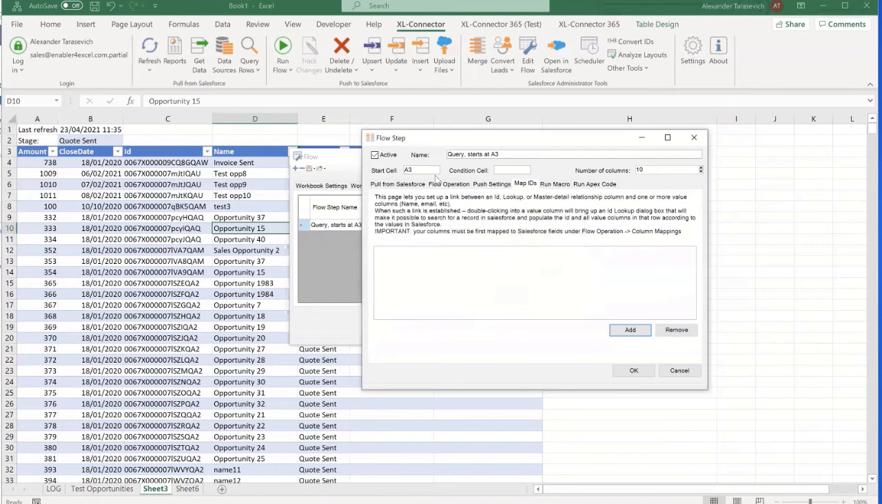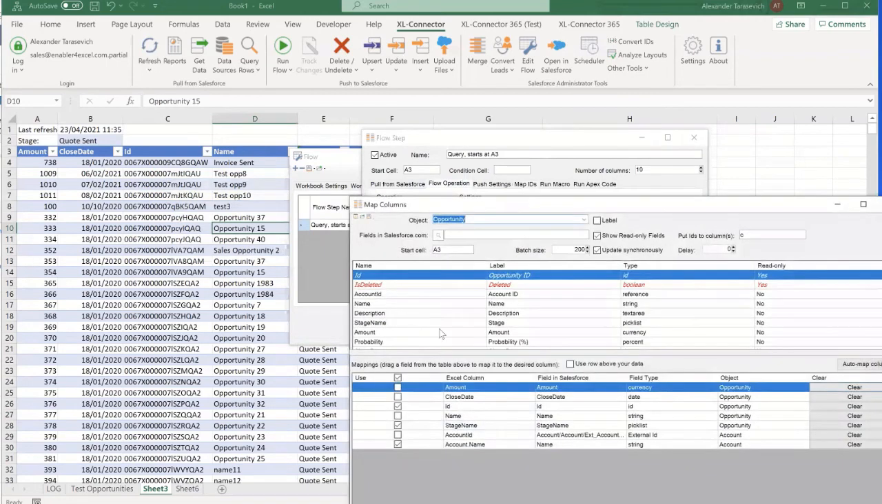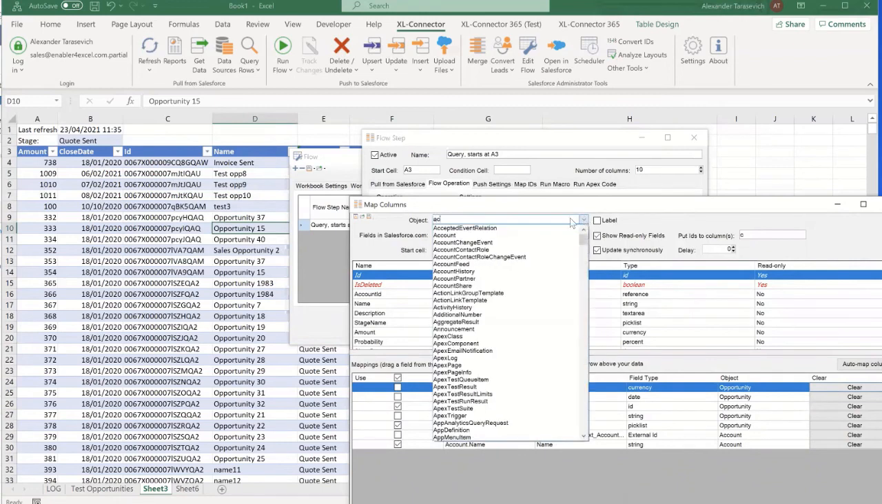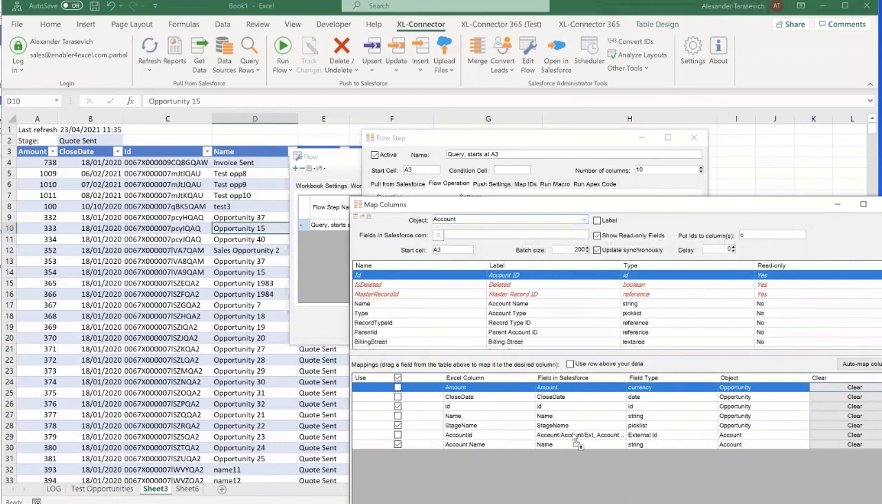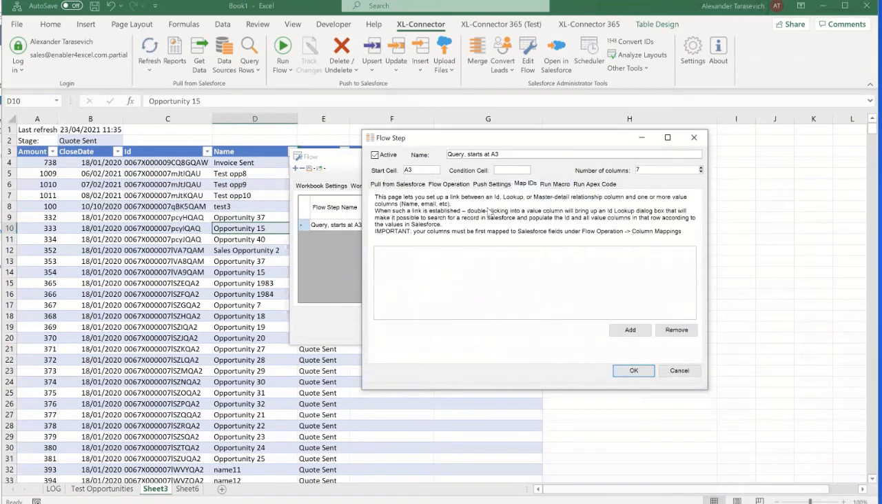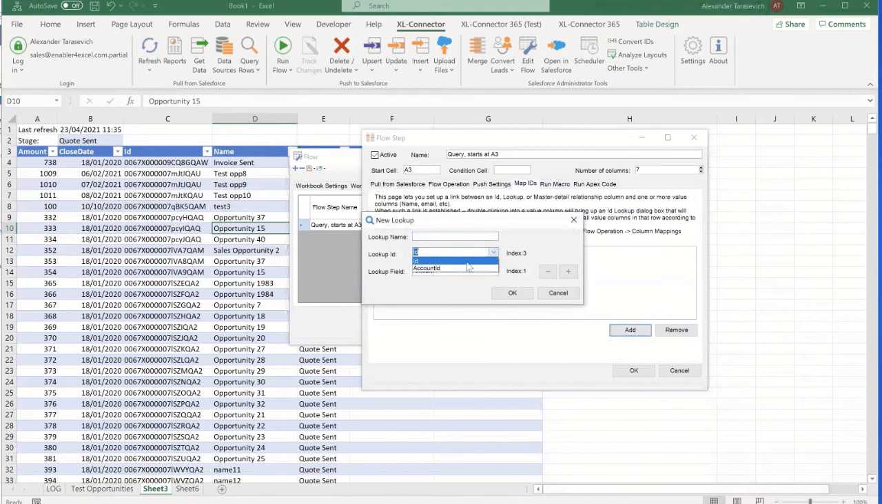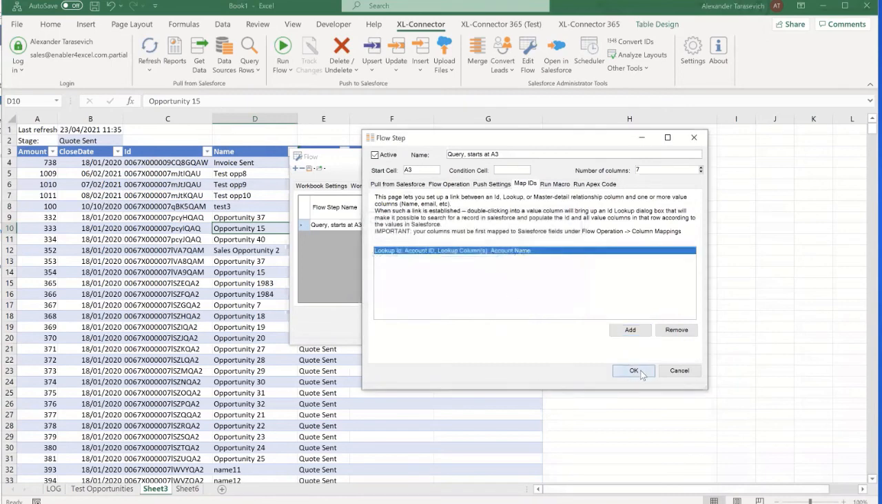Oh, you know what? First of all, I need to revisit my mappings. So this needs to be mapped to account ID. All right. Now, because this uses the mappings, I'll do account ID column. This is the column just containing IDs or lookups. So this is account ID, and I'm going to match it, not match it, but link it with the account name. So it basically saves an ID name pair,